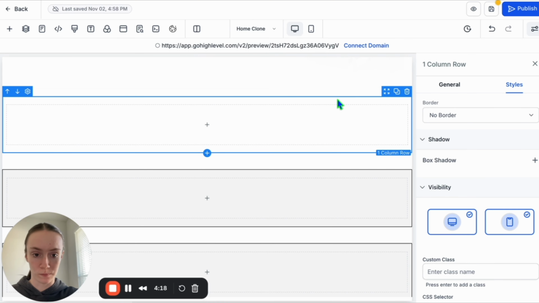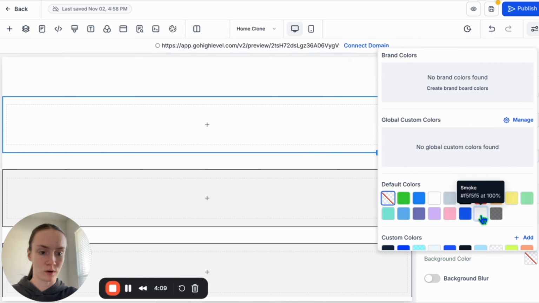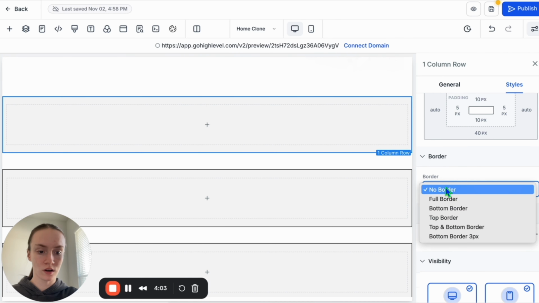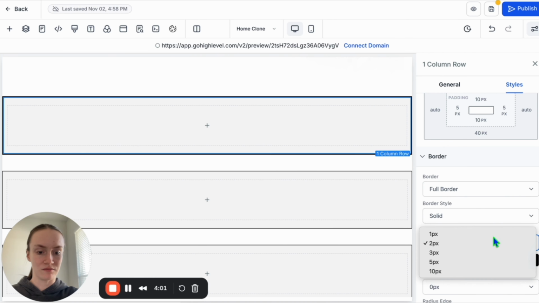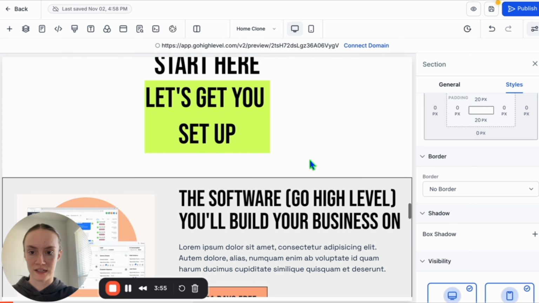So clicking the blue, general, find the background color, which is transparent right now. We're gonna make it this light gray color. Then going back to styles, finding border, go full border, make it a little bit skinnier. Nice. So now that we have our columns, our section actually has